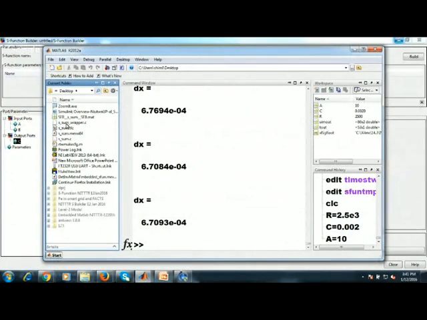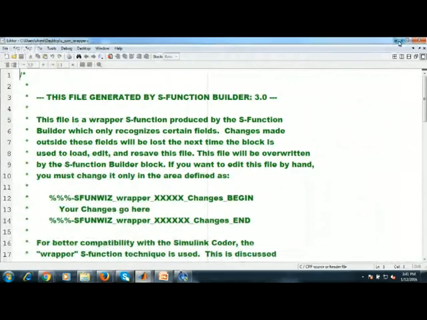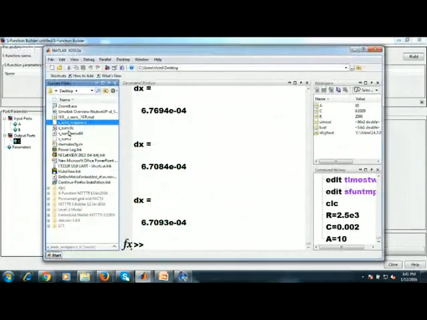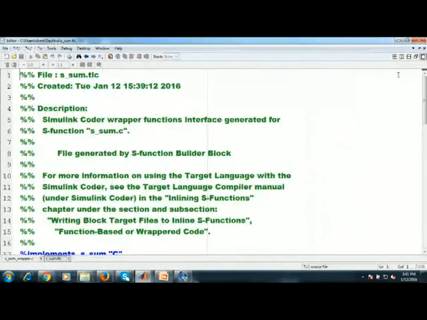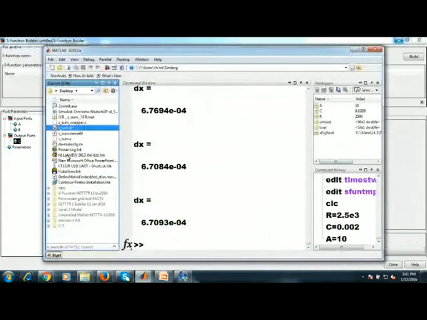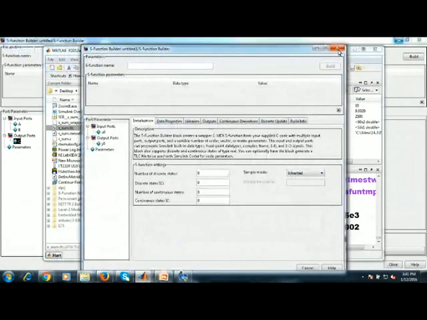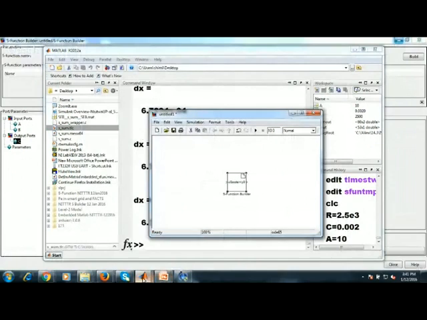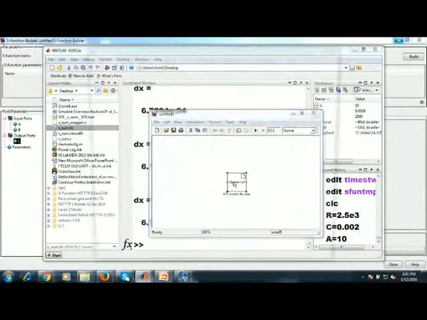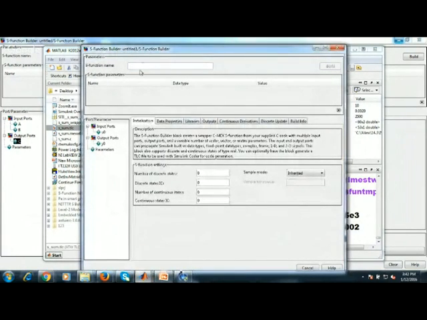This is wrapper.c in your current directory. This .tlc is for running this model in accelerator mode, and the model is, S function name is